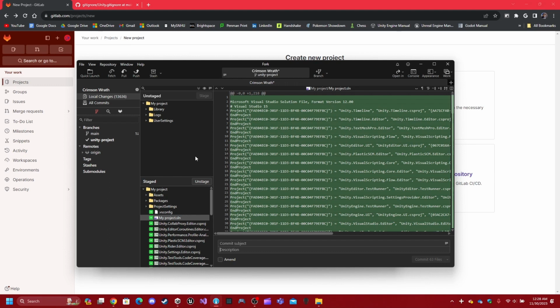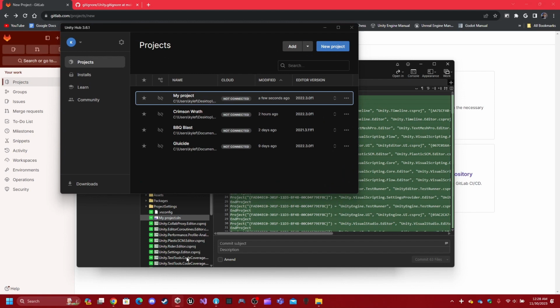So we have this useful thing called Git Ignore, which is super easy to add to your files, that will basically say, hey, don't push any of these changes, or rather don't look at any of these changes in these files. So here I have a Unity project that I staged, and oftentimes you're going to get rid of library, logs or user settings. Generally, when you open a project and stuff gets changed,